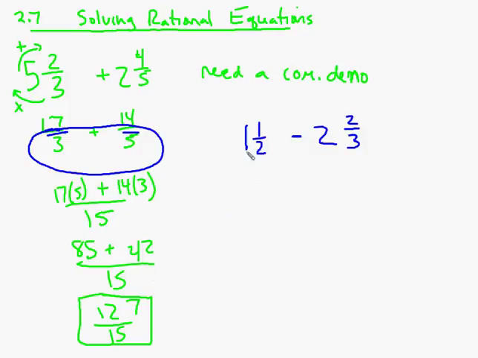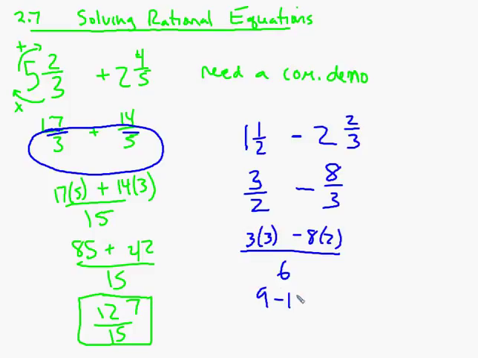Okay, we make them improper first. So 2 times 1 is 2 plus 1, 3. To make it improper. 3 times 2 is 6 plus 2 is 8. Okay, we need our common denominator. It is a 6. So I need to multiply the 3 by 3 and the 8 by 2. So that's 9 minus 16 over 6, which simplifies to negative 7/6. Okay? The whole point to review this, though, was to understand why we were doing what we were doing